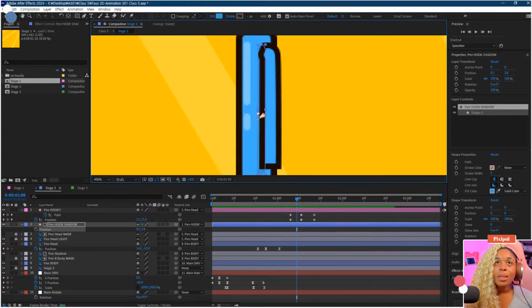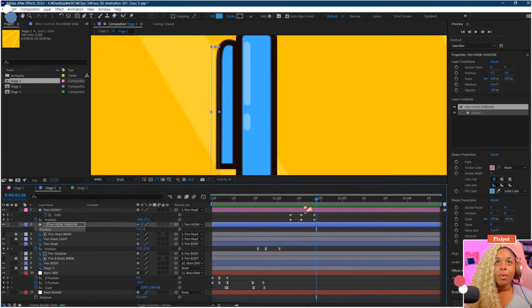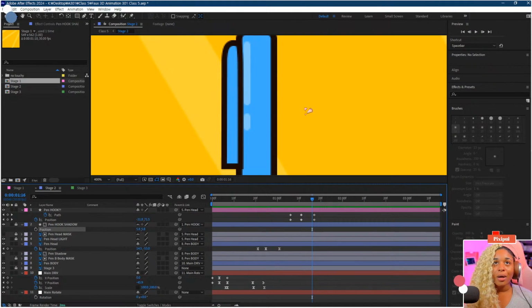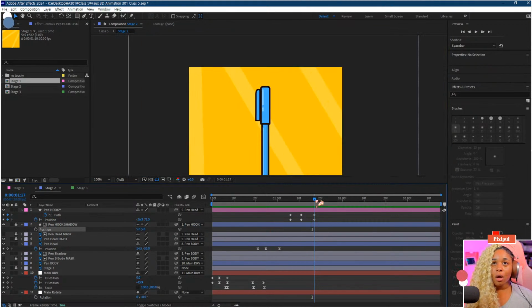Might make this a little bit... It's not too bad being slightly off, actually. There we go. Cool. I'm happy with that. Let's lock this hook down. And I want it to go around the back, which is technically this, but in reverse. But all I'm going to do for this